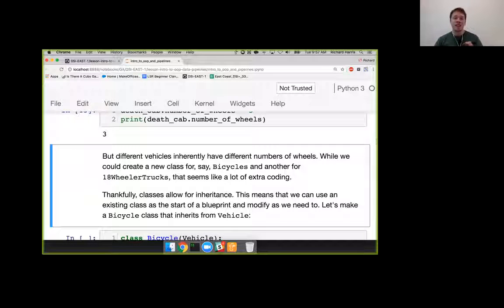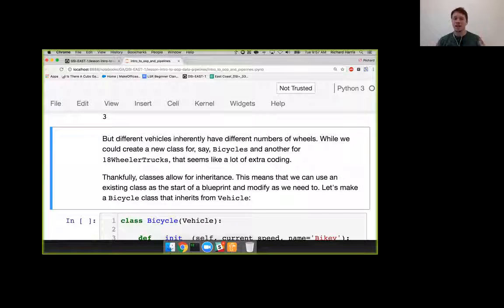But we might have different vehicles, right? Certain vehicles have different numbers of wheels, right? And I might want to create a class that's called bicycles. And bicycles default to having 2 wheels. I might want to create a truck called 18-wheeler trucks, and that's a lot of coding. How would I have this behavior shared without having to go through and find and copy this code